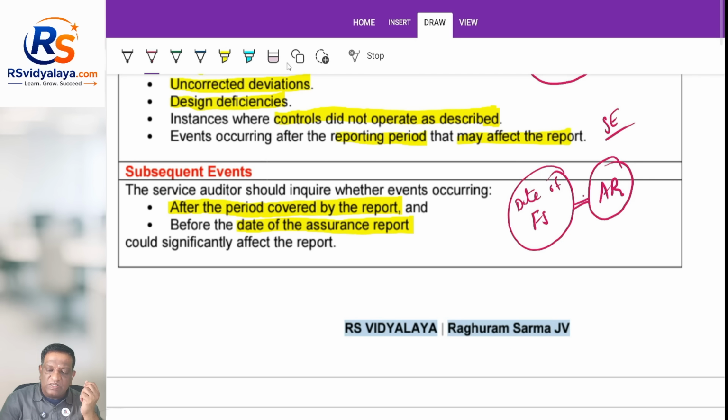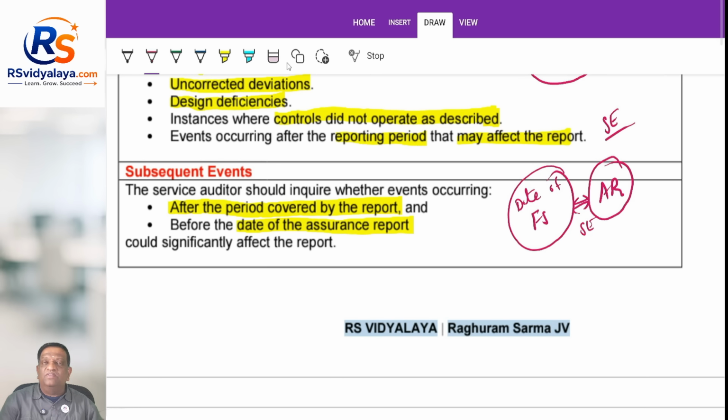All the transactions that are happening in between are what are called the subsequent events. But here, why I have drafted this is, this we have already discussed in another video. Under chapter 6 we have already covered them. But the intention here is, as an auditor of a service organization, I am not certifying the financial statements. So, what are my subsequent events here?